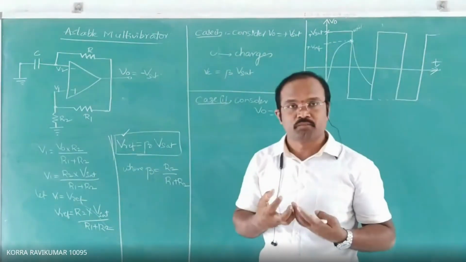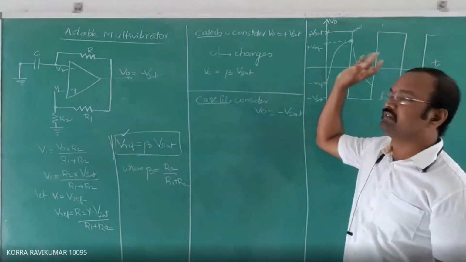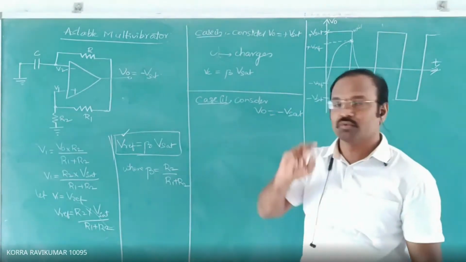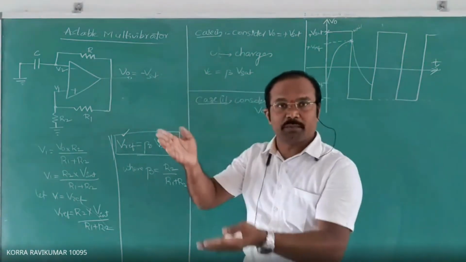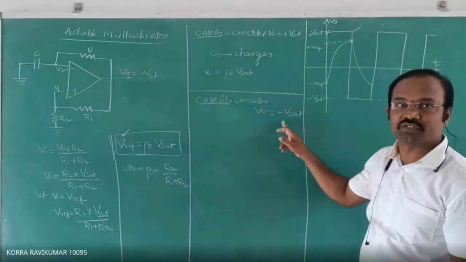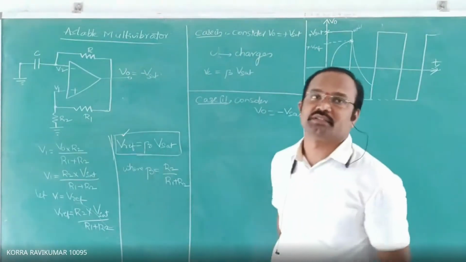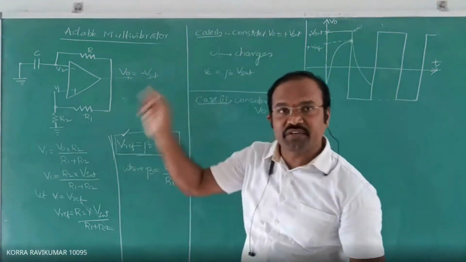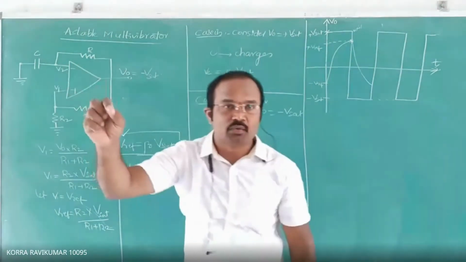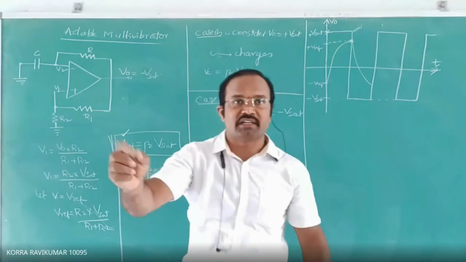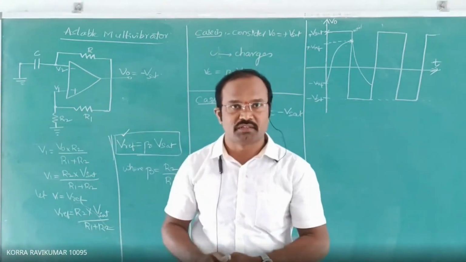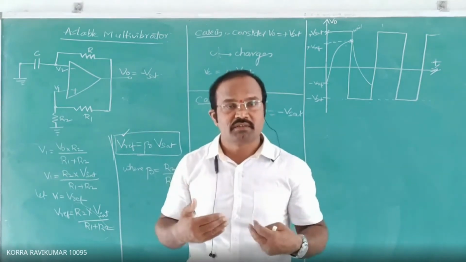Our voltage వచ్చింది. Fully charged it is and it is having 9 volts say for example. Now suddenly what happened? In case 2, output voltage changed from V naught equal to plus V saturation to minus V saturation. Now the output voltage is negative voltage. And that negative voltage definitely appears at this point. Because of that negative voltage అక్కడ వచ్చిందంటే మీనింగ్ ఏంటండి? తనకు రావాల్సిన పాజిటివ్ వోల్టేజ్ ఆగిపోయింది. సోర్స్ ఇస్ ఆగిపోయింది. అక్కడ నుంచి రావాలి పాజిటివ్ వోల్టేజ్. దెన్ కెపాసిటర్ సర్వైవ్ కావాలి కదండి.